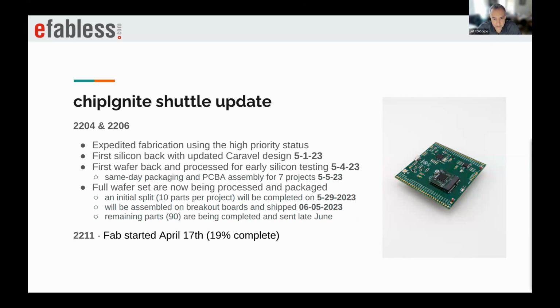So a little bit of update on chipIgnite first of all. The first silicon that we had come back with an updated Caravel design has been returned from the foundry. These projects were all submitted last year around April and June. And we ran that fabrication at a very high priority status with the foundry, to get that silicon back as soon as possible. We have that back and